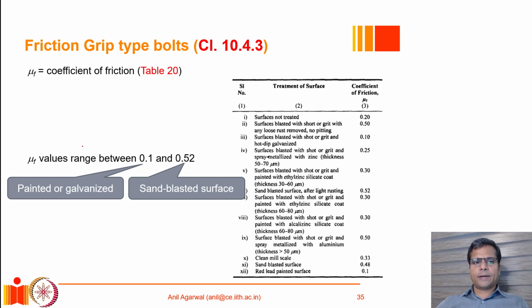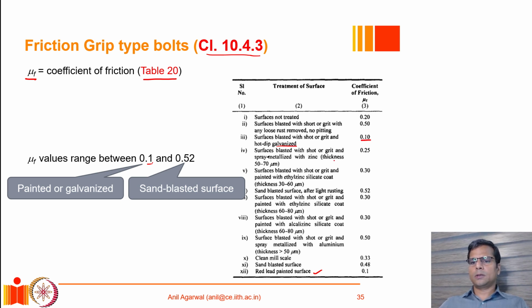The friction coefficient that we just saw, we can get the values of friction coefficient from table 20. This is again clause 10.4.3 of IS 800. The values of friction coefficient between the two steel plates can vary between 0.1 and 0.52. So this is a wide range, and of course it depends on the surface treatment that is provided between the two plates. So if the two plates are treated with a smooth finish, what could be an example of a smooth finish? If it is a red lead paint surface, or if it is a galvanized surface,